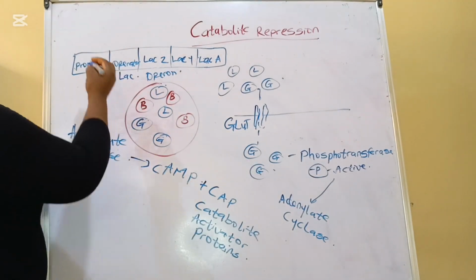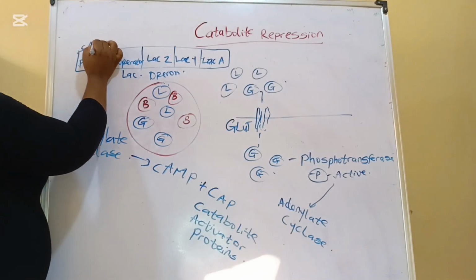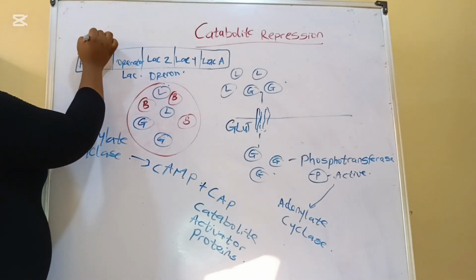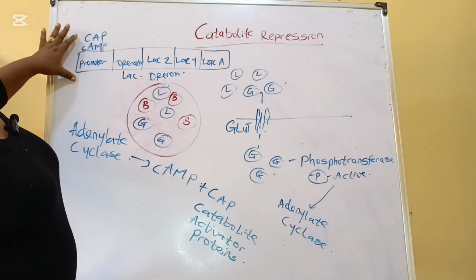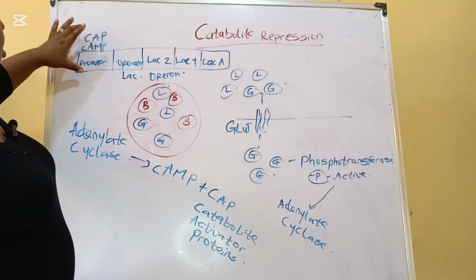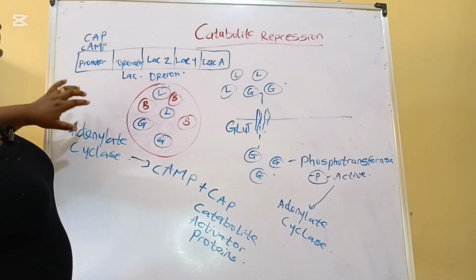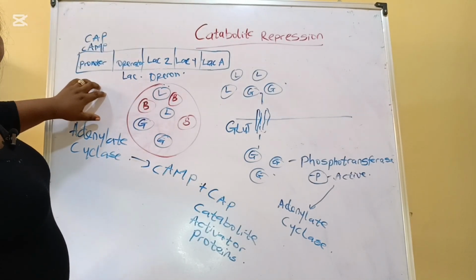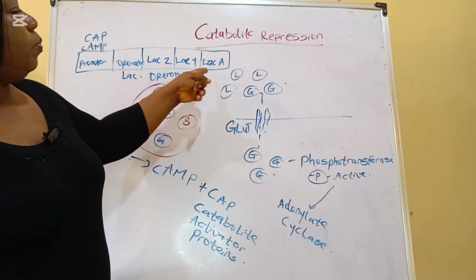It now binds to this promoter. So we'll be having AMP, then we have CAP. Remember, the combination of this binds with this, which upon binding activates this promoter. And as soon as this promoter is activated, then RNA polymerase can start work, and there will be expression